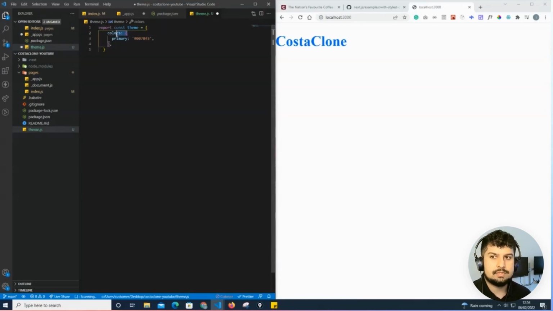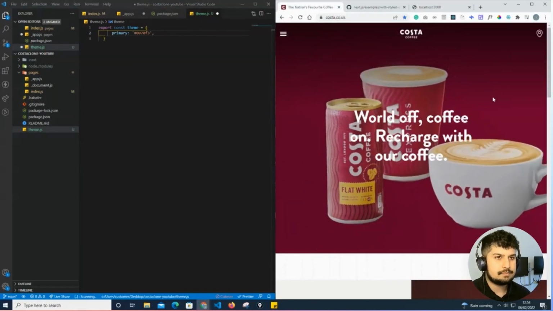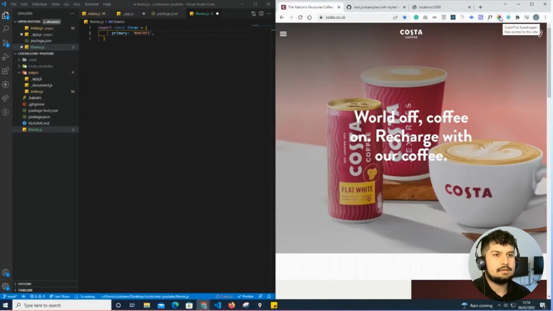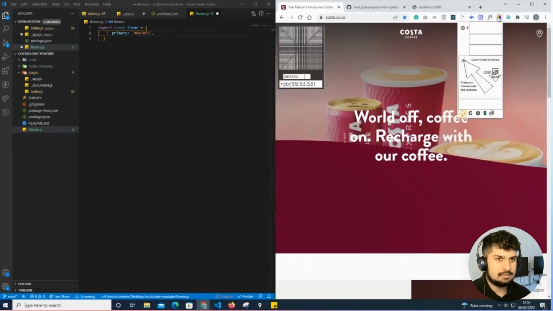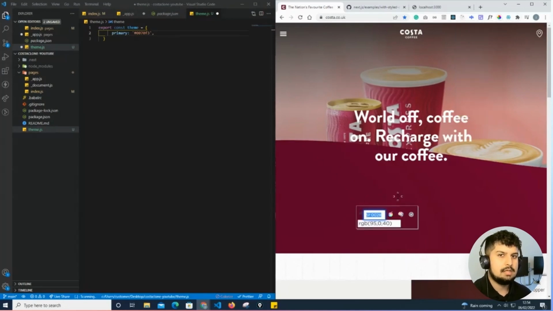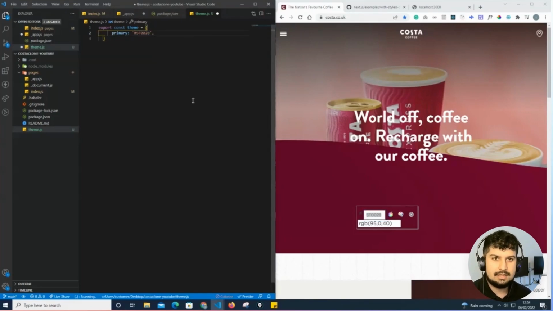So what I want to do is remove the colors, for one. At the moment I have a primary color of this hex code here. What we need to do is define the new primary color. So if I go onto the website of Costa, I do have a Chrome extension which I can use to select the color that I need. In this case, the primary color would be the maroony red from the Costa website. So if I copy that and replace that in here, like so,